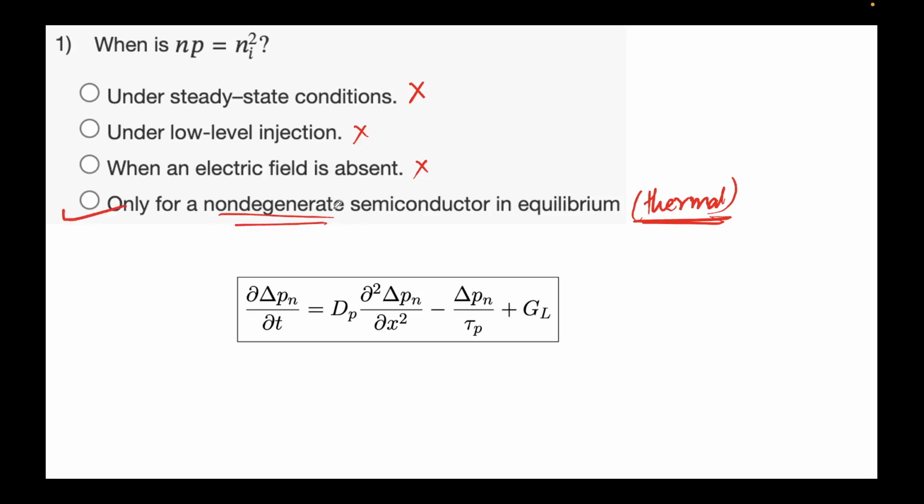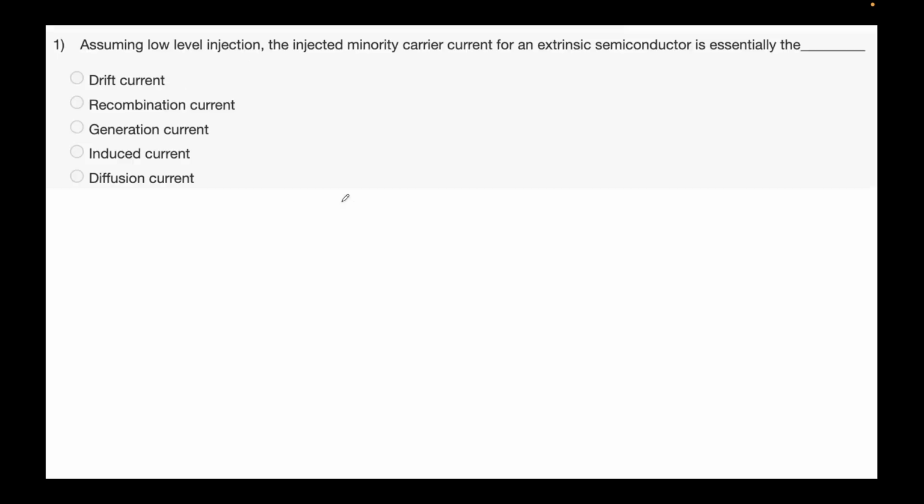We saw what a non-degenerate semiconductor means, right? The level has to be 3 kT apart from the EC or EV. EF has to be 3 kT apart from EC as well as EV. Okay, and then again a similar problem, but our understanding till now, assuming low level injection, is about the injected minority